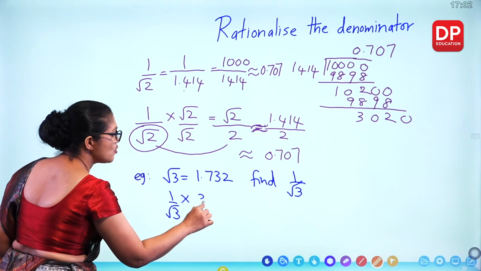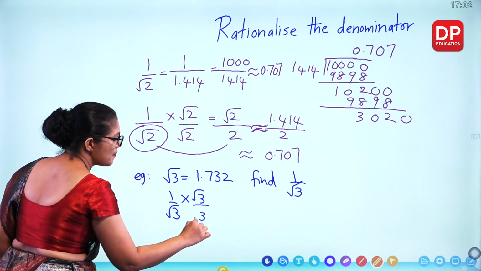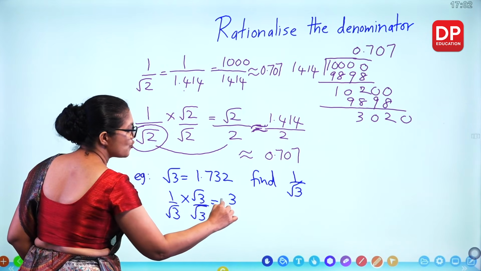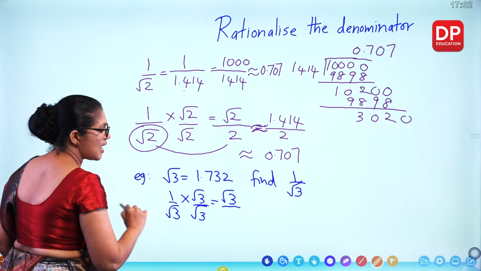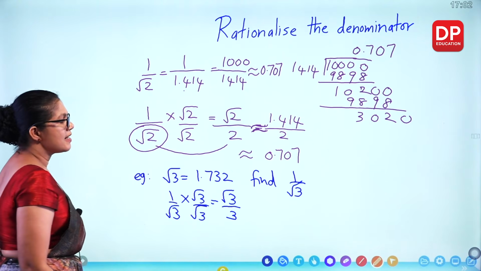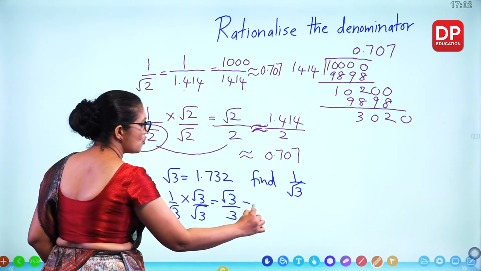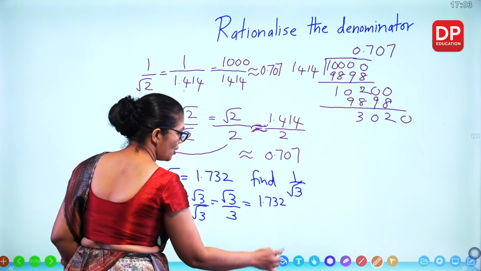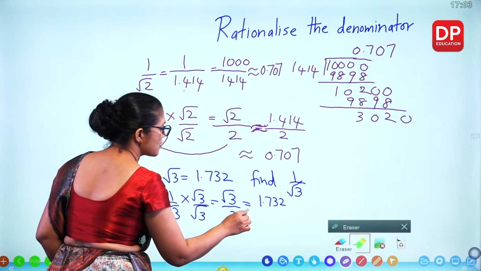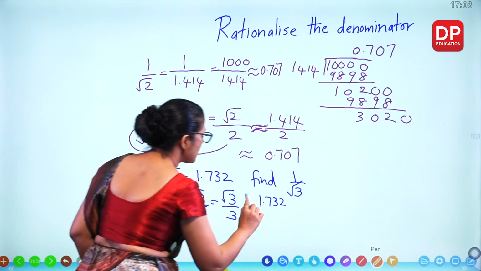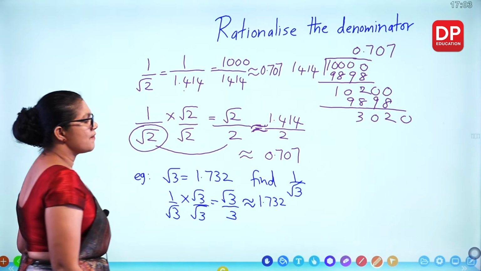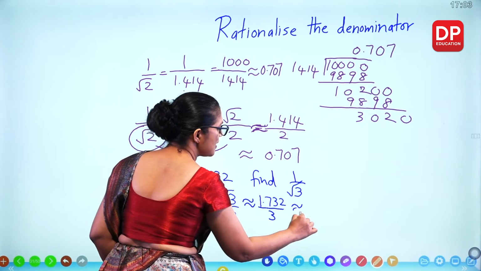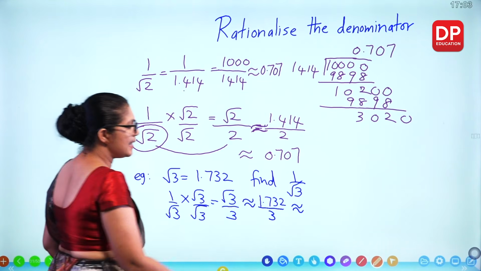So when you rationalize, you multiply with the same surd value. So what happens here? 1 times root 3 is root 3. Root 3 times root 3 becomes 3. Now you can plug in the value. So what is root 3? 1.732. Here you have to write down the approximation sign. This is not exactly 1.732. So this divided by 3. So what's the answer? Approximately